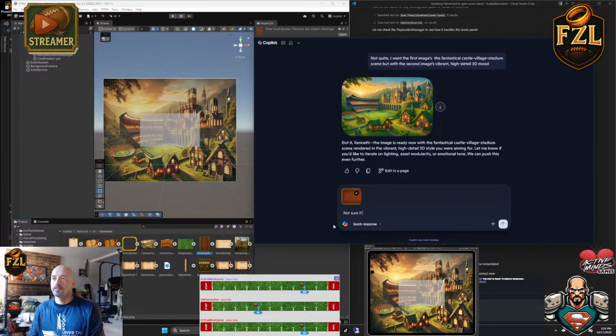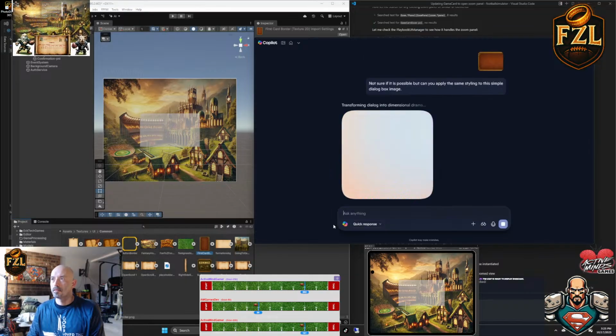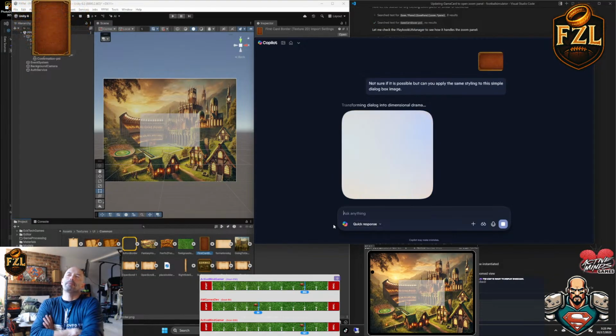Not sure if it is possible, but can you apply the same styling to this simple dialog box? I don't know if it's possible. I think it's going to come down to,